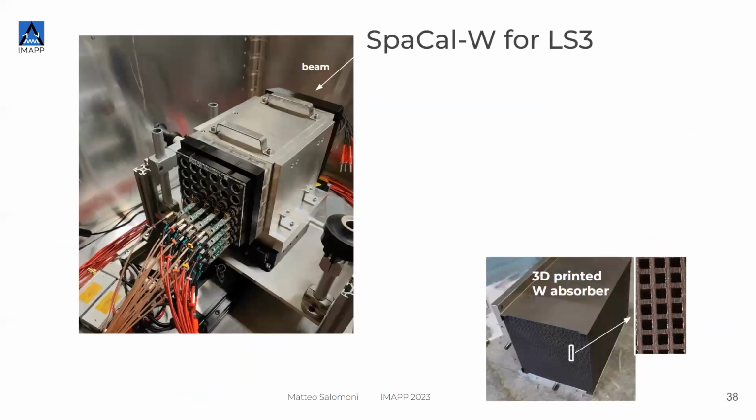And this is just some details of how this is made, and then I'm done. It is made of 3D printed tungsten, which is very dense, and these holes are where we insert the square scintillators. There are several pieces which are kept together by aluminum. This is the aluminum frame that you were seeing before as well. And inside this square, we inserted the scintillators that you saw in the picture before.